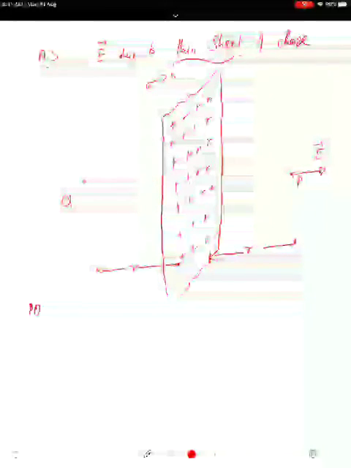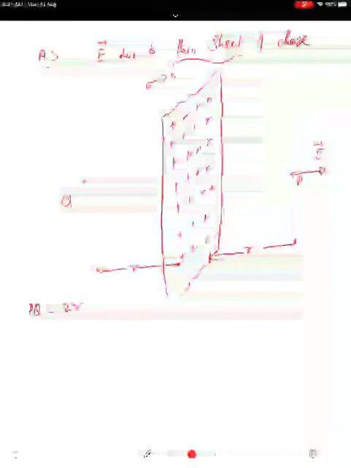So how do we find the electric field due to such an arrangement? Again we use Gauss's theorem, application number 3. To find the electric field at the point P, you have to do one more thing. Consider another point Q on the other side, at an equal distance from the sheet, the same distance R. So P is at a perpendicular distance R from it, and Q is also at a perpendicular distance R, but on the other side. So the distance between the 2 points PQ is R plus R, that is 2R.